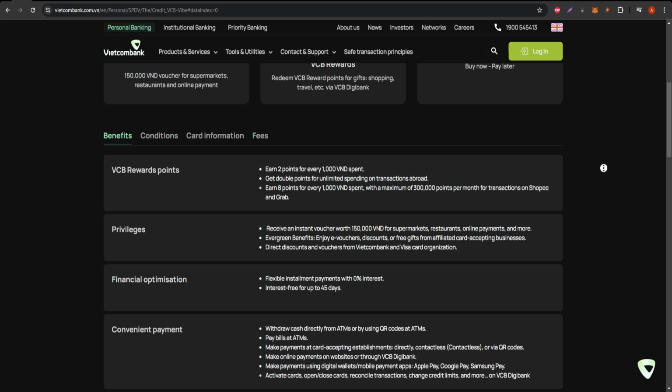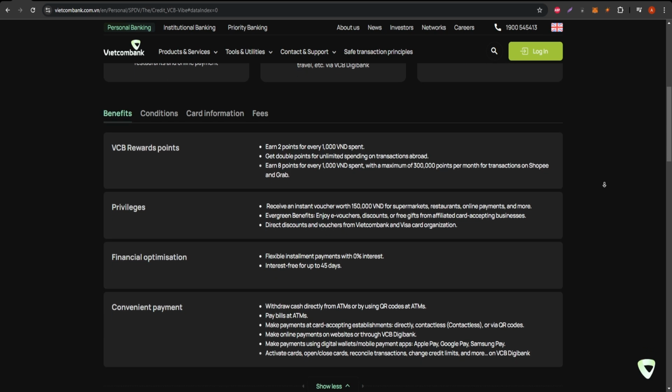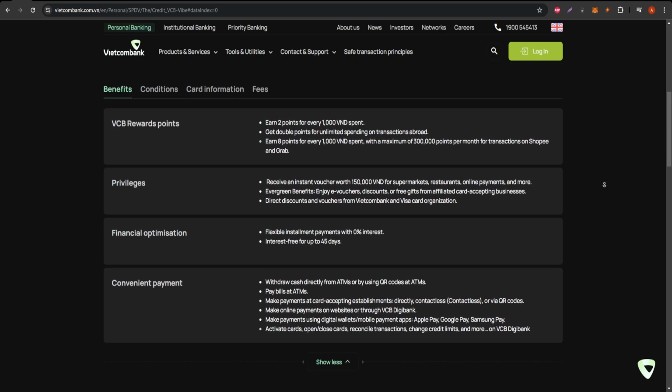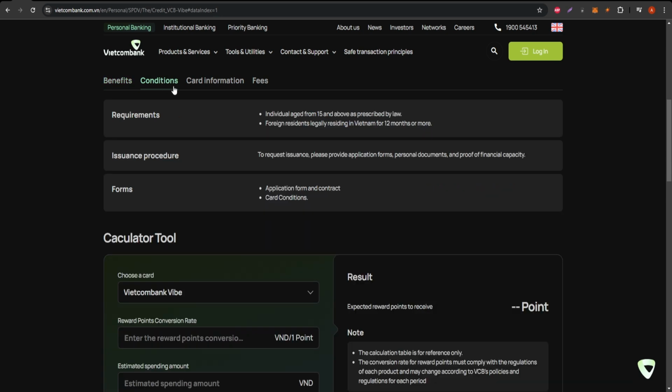Now, let's talk about the key advantages of the Vietcombank Visa Classic card. One of its major benefits is its global acceptance. You can use it at millions of locations around the world. The card also comes with convenient services like automatic bill payments and SMS notifications, which help you stay on top of your spending. Another plus is the option to convert your transactions into easy monthly installments, making it more manageable